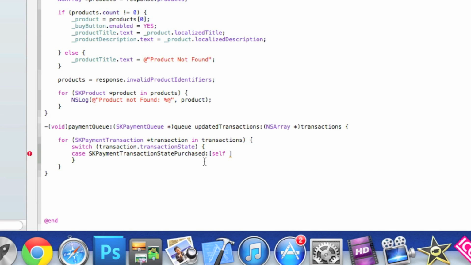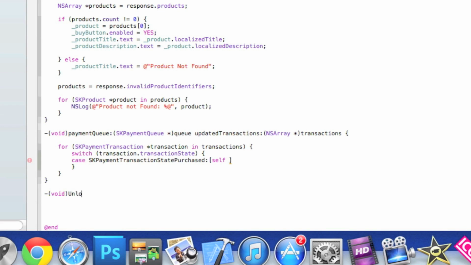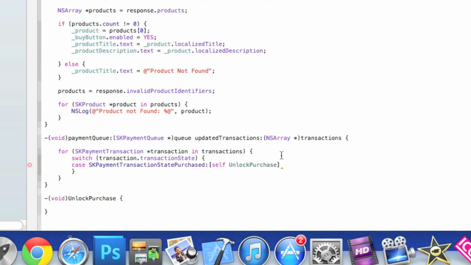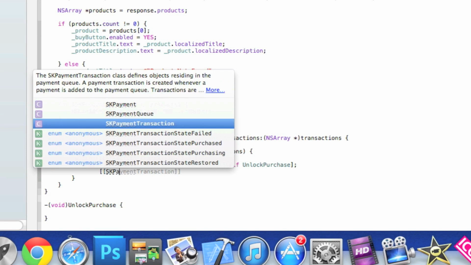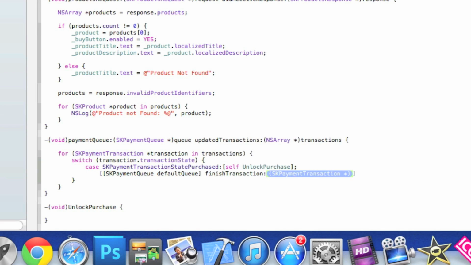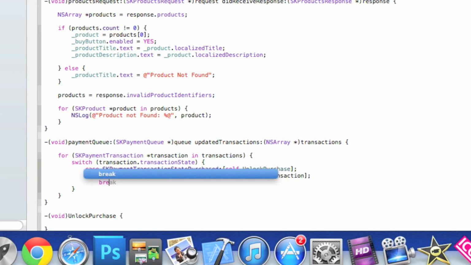we haven't added our little void method at the bottom. So did we add it in here? Oh no, we didn't do it in there. We need to create one. So let's quickly create underneath here a little void method, unlockPurchase. So [self unlockPurchase], because in our unlockPurchase here, this will tell our ViewController.m purchase method to change the label. So go back into it. At the end there, we do bracket semicolon, and go [[SKPaymentQueue defaultQueue] finishTransaction:transaction]; and then we do break;